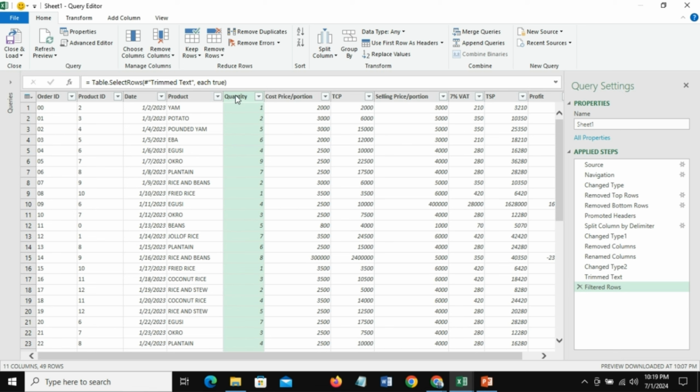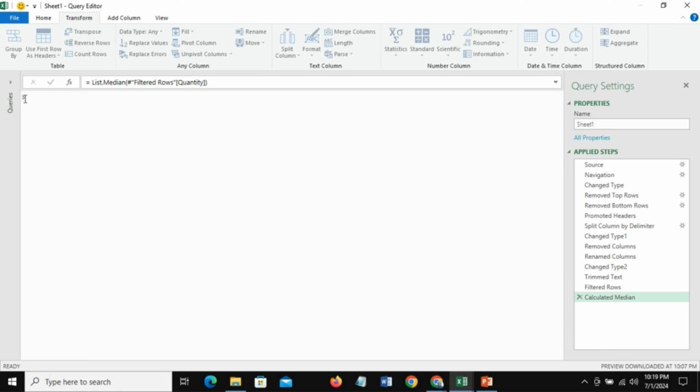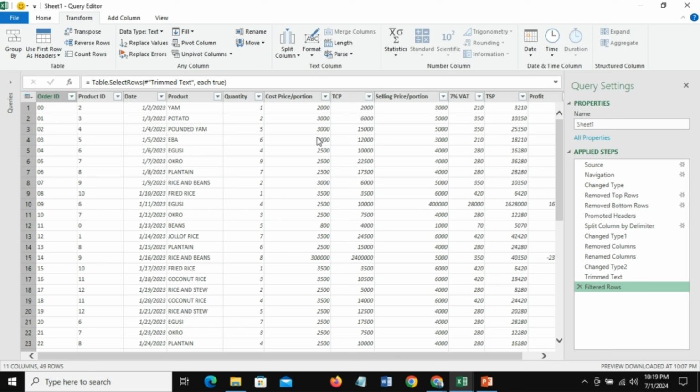So when you highlight on this, go to transform here in your menu bar, and then go to statistics, then go to median, click on median. So the median here is 3, which is showing you here 3. So I'm going to go back and I'll delete this step that I've taken. I just want to know the median. I'll delete it, so it takes me back to my file, and then now I would click on the quantity